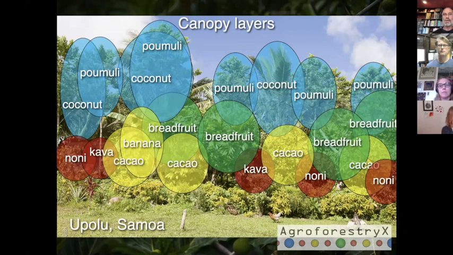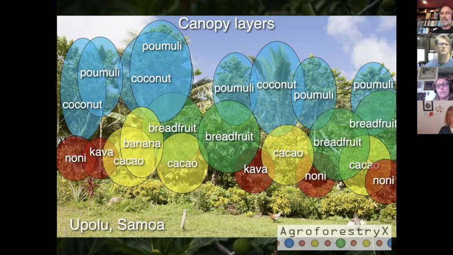Below that we have breadfruit, which is the high layer. It requires quite a bit of sunlight, but it also tolerates the shade of the emergent species. And then there's banana and cacao or chocolate under the breadfruit. And finally, we have noni and kava as understory species.